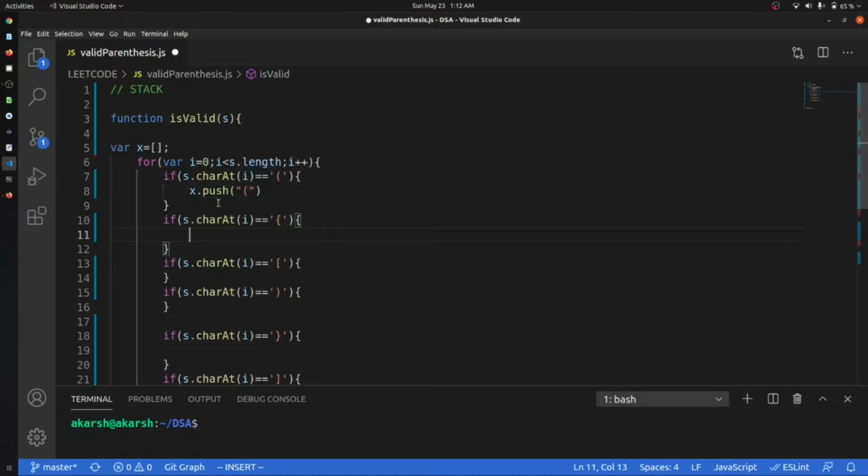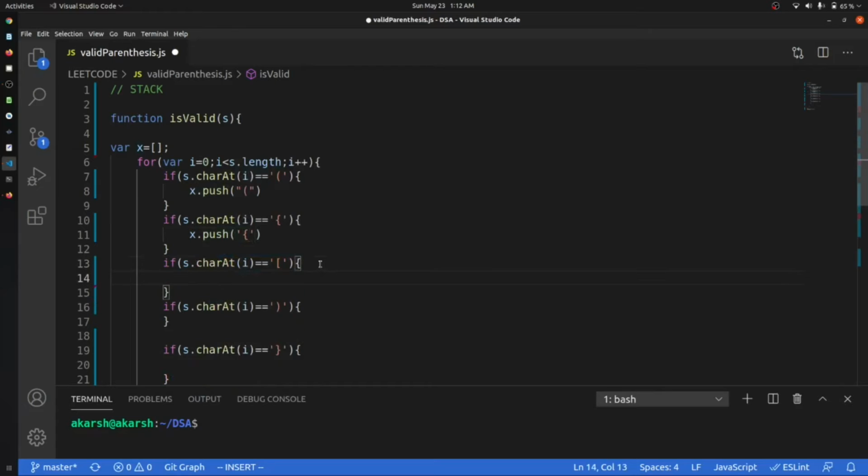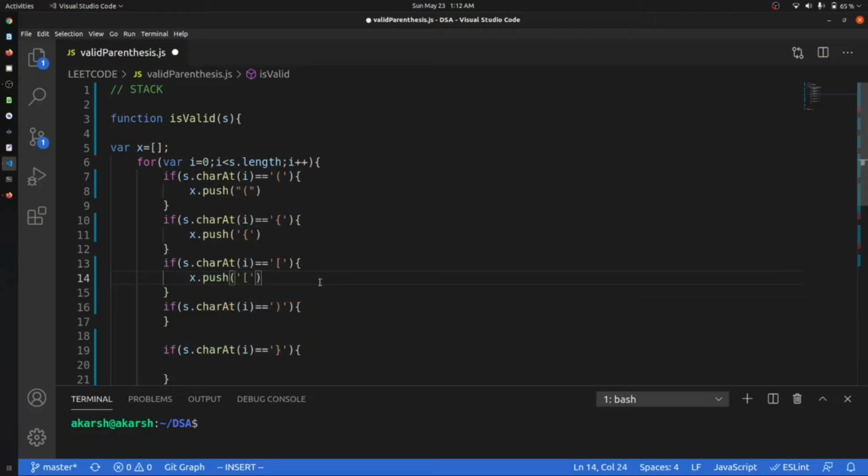In a similar way we will push the opening curly bracket, and the same here, we'll push a square bracket.